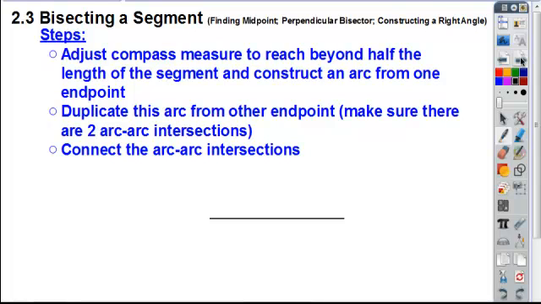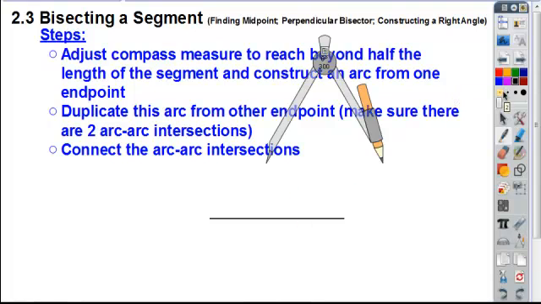Both of these constructions that we're going to do today are real simple constructions in the respect that you just set your compass to one setting and you keep it there the whole time. You never have to change the setting of your compass at all. Okay, so if we look at this construction, starting with a segment,